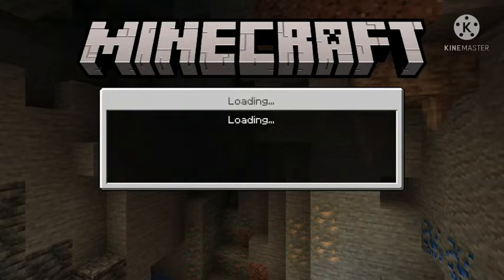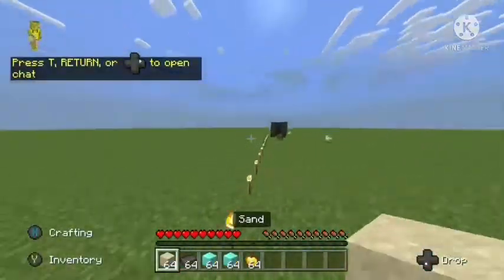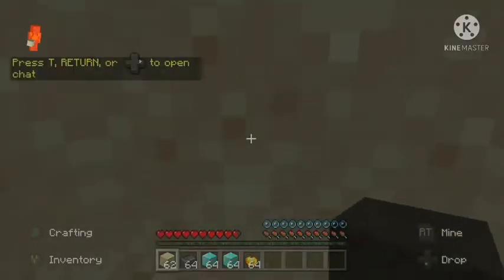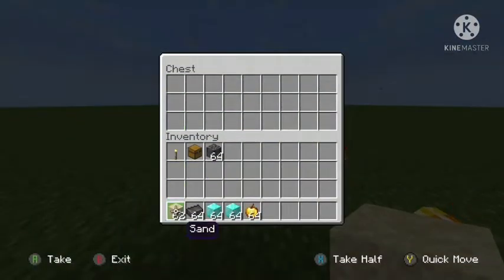So as you can see here, I'm going to run up, and this bad quality thing is going to happen in a split second. So you're going to want to place your sand. Now you're going to be Xrayed, you're going to be suffocating, place your blocks in, place your stuff in, and